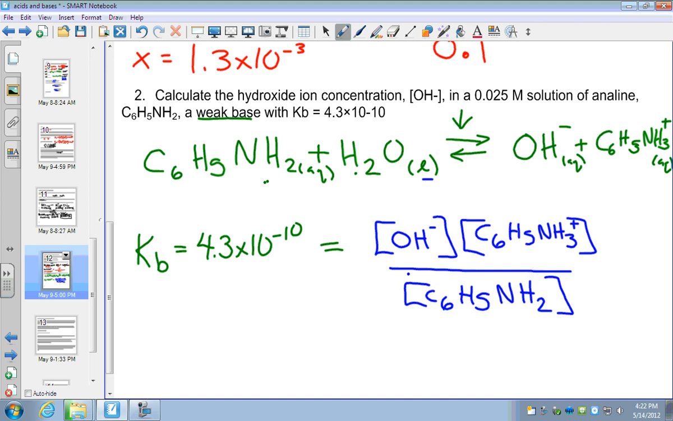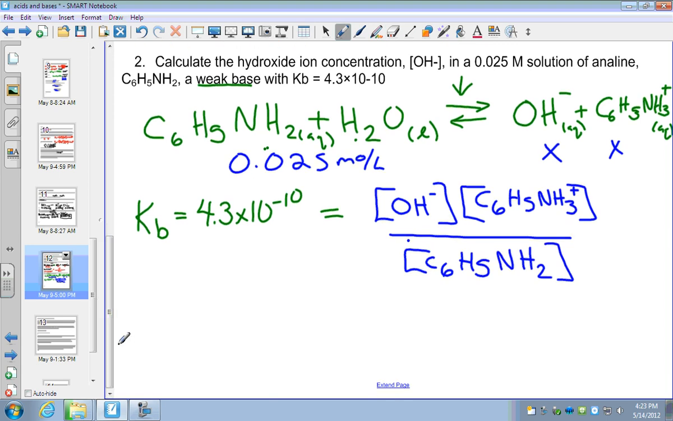The problem tells us the concentration of this is 0.025 moles per liter. And we know from mole ratios that these two are going to be the same. They're not going to be the same as this one because it is a weak base. It doesn't completely ionize, but they are going to be the same as one another. So now we just sub in what we know. We know 4.3 times 10 to the minus 10 is equal to X, which is the concentration of OH, times X. I could also just write that as X squared over